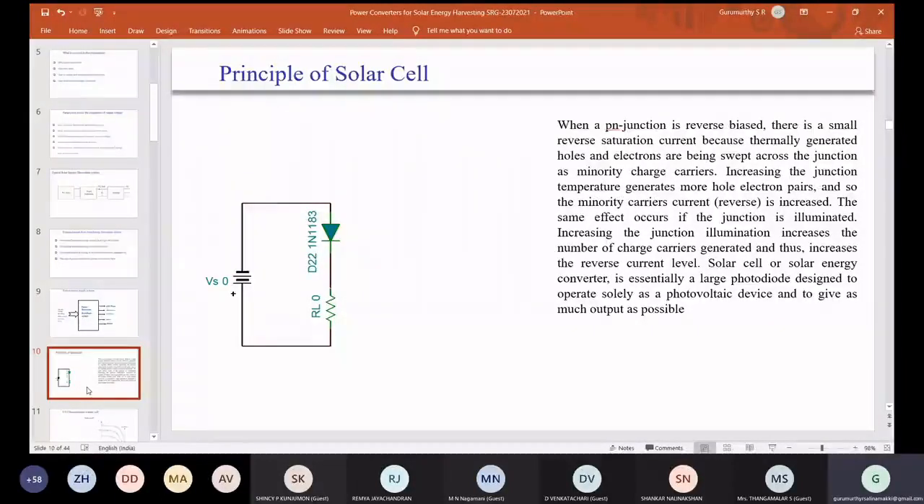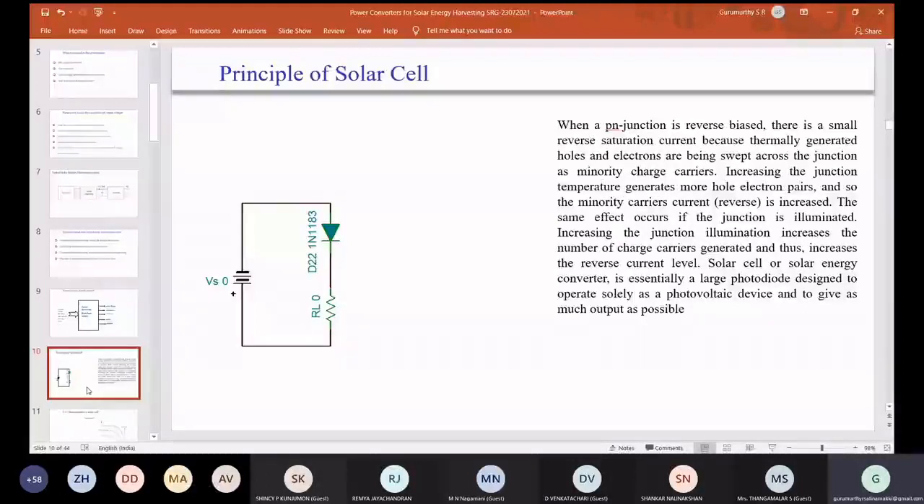The leakage current which is flowing in the diode is because of the charge carriers which are thermally generated because of the temperature. For every 10-degree rise in temperature, the reverse saturation current of the diode doubles. So once you increase the temperature, the current will increase. This is what happens. Now, instead of increasing the temperature, if you illuminate this junction with light,